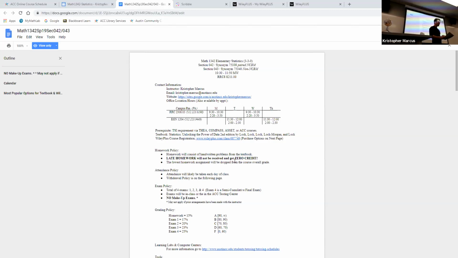The late homework policy is that if you turn homework in late, you'll get no credit, it won't be received. That's a very harsh statement. And if you've talked to anybody who's had me in the past, they'll probably tell you he's kind of easygoing, he's a nice, reasonable person. They might say derogatory things too, but I'm just hoping and being optimistic that they wouldn't. This statement is actually more harsh than I usually am about it.